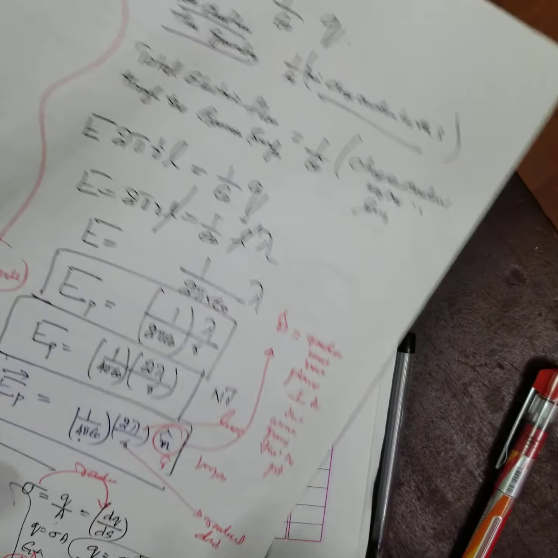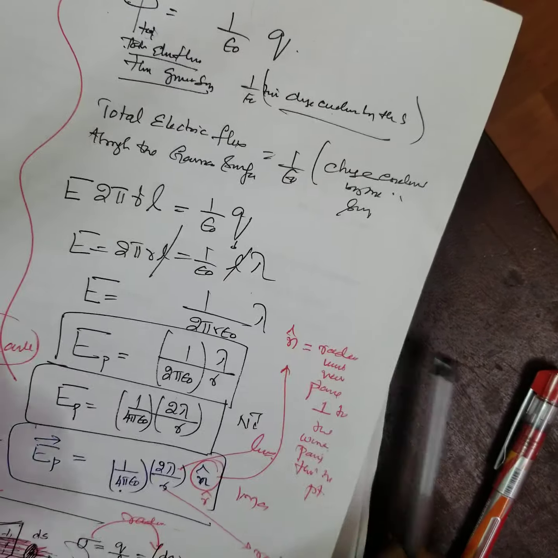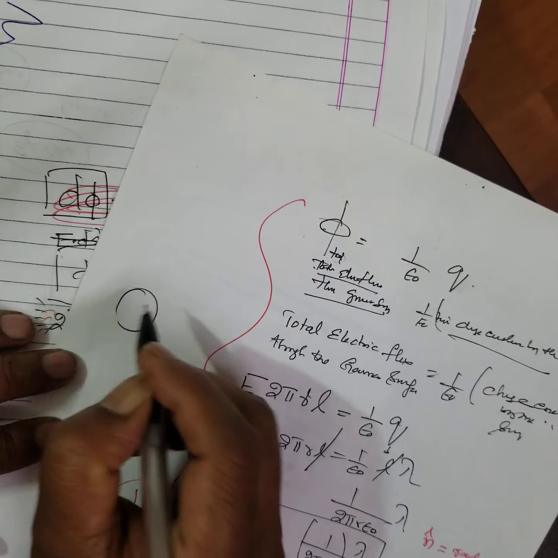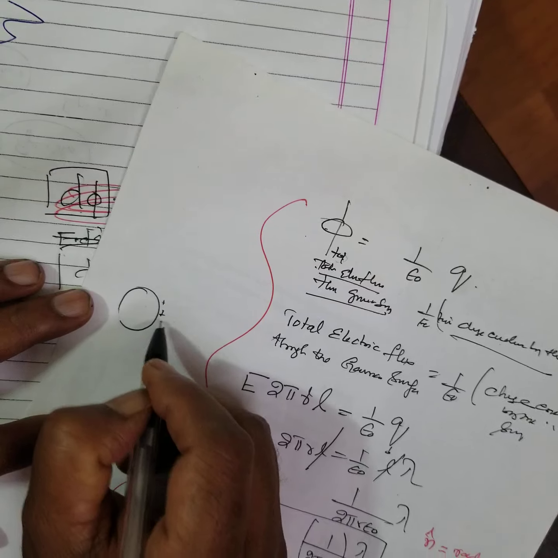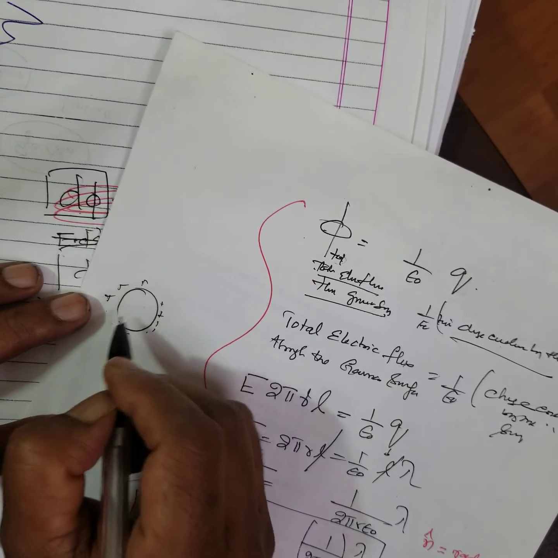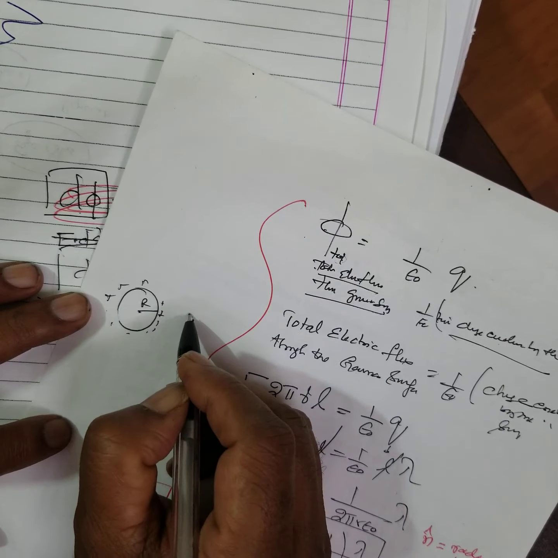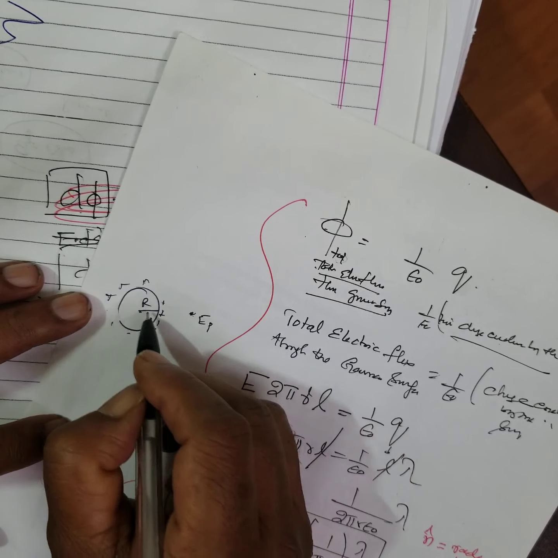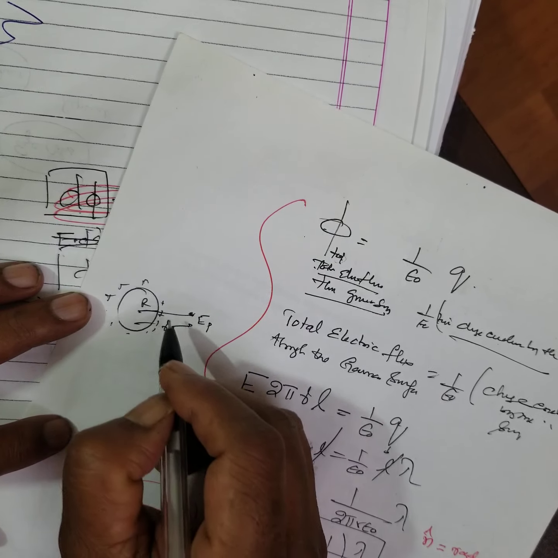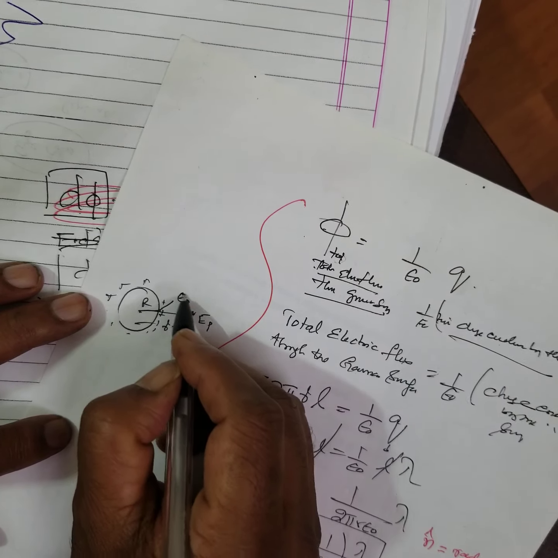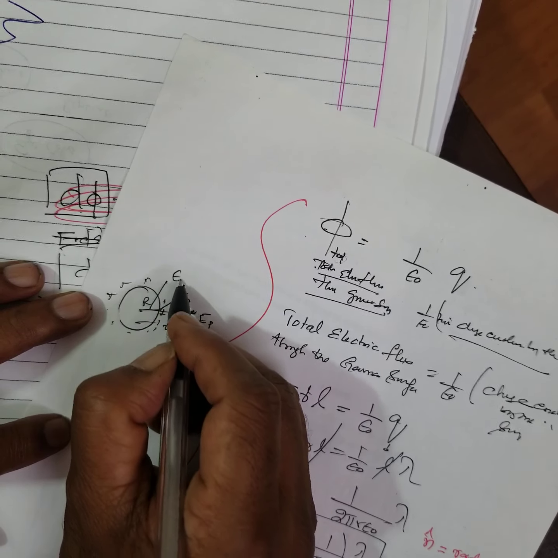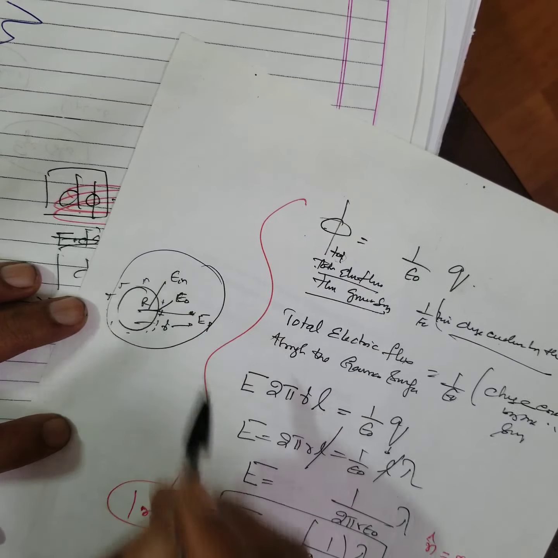But in the next class I will do the expression for electric field due to a uniform charge sphere. A charged sphere will be there of radius r. What is electric intensity at a point at a distance r? Electric intensity outside, electric intensity inside, all the things I am going to do.